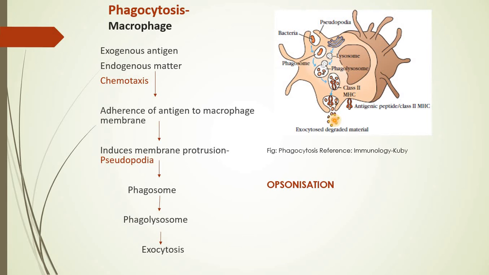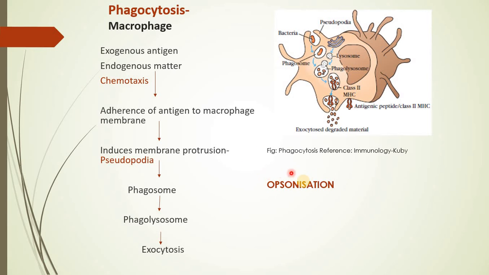As a result, the fragments of the antigens are released outside, and sometimes this can also lead to development of MHC2 structures on the surface of the macrophage, and hence it helps in stimulating, or donating, the presentation of antigen into the vicinity.